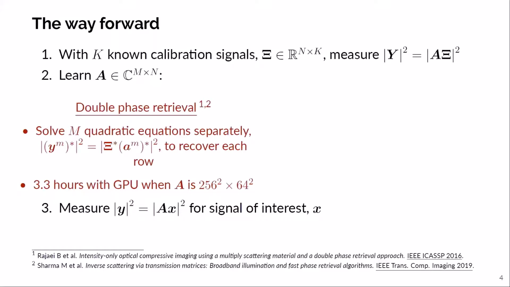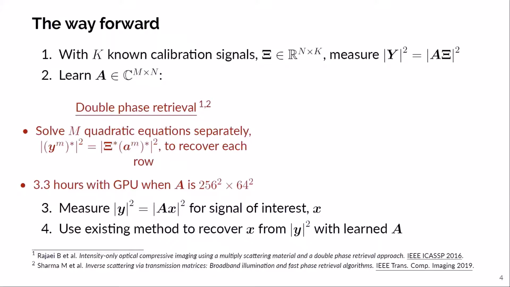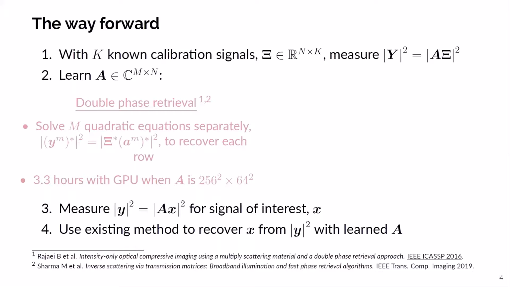And then we would then also have our measurements, small |y|^2, which are due to the actual signal that we care about in the first place. So we can use our learned transmission matrix A and some existing method to recover X from its absolute value measurements. In this talk, we're actually going to propose a new method to learn a transmission matrix,